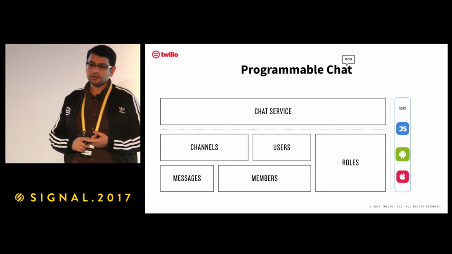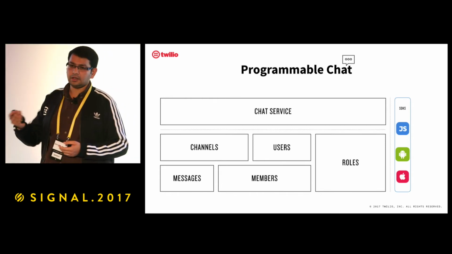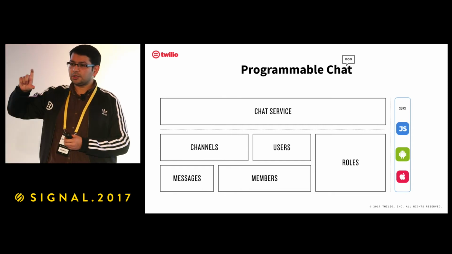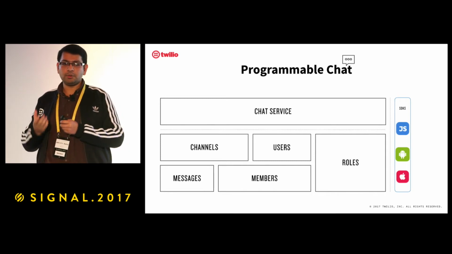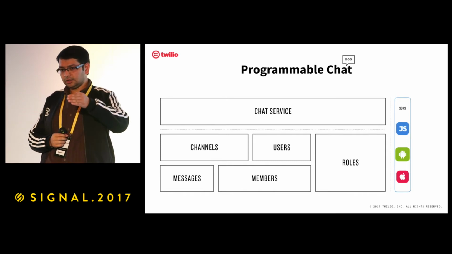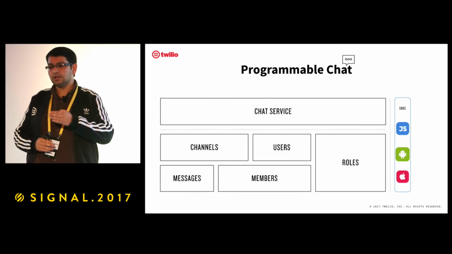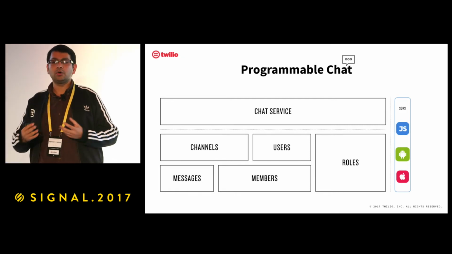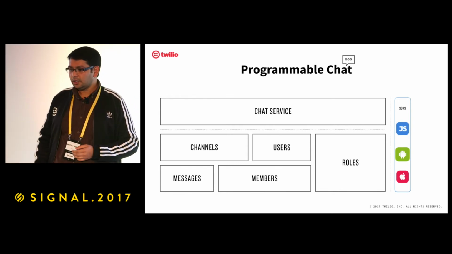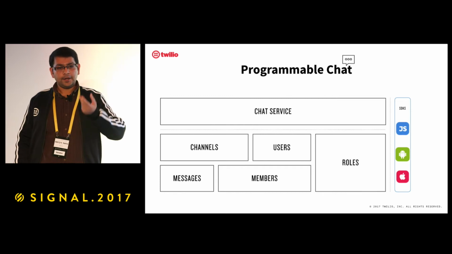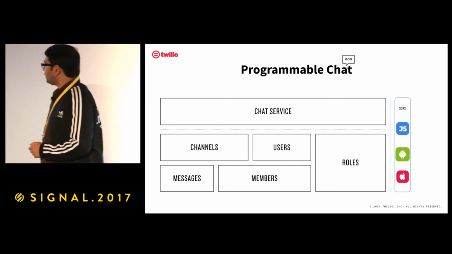And then two important concepts, channels and users. Both of them will have different roles and permissions. So a user could create a channel, add channels, invite members, and a small subset of those users will become members of channels. Once a user becomes a member of a channel, any messages that are sent to channels, and it is important that the messages are sent to channels rather than users, are subscribed to by the users and they could listen to them. Obviously with webhooks you could filter which users can get the message and which users can't. So intelligent things like suggesting answers based on your FAQ to the agent only can be done because of this webhook. Hope that makes sense.